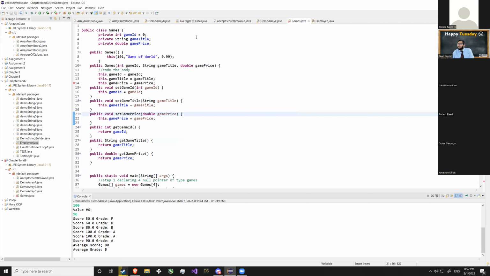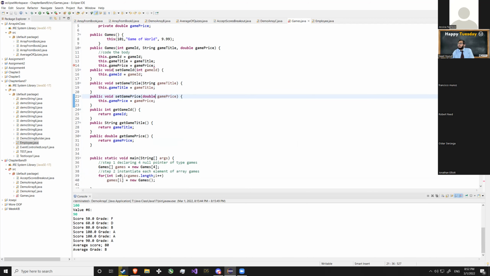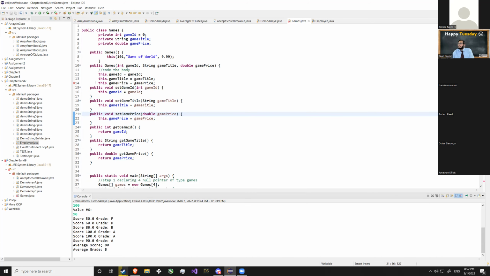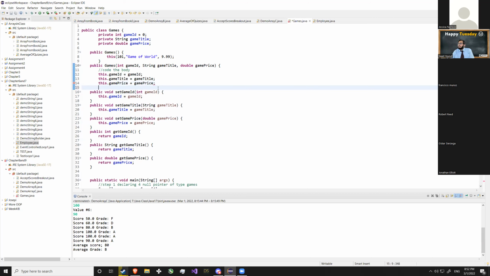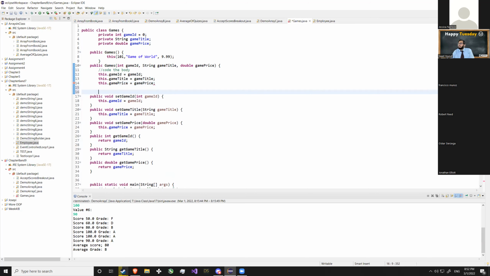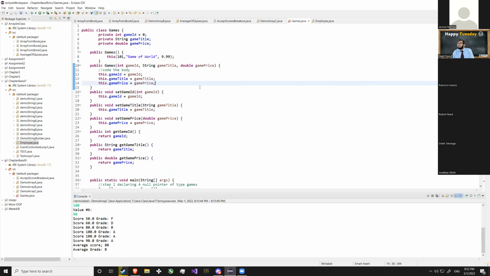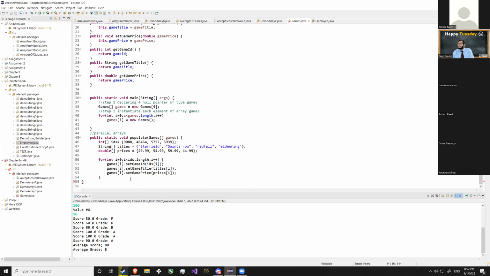Now scroll up to line 14. Go to the end of line 14, press enter, and close the curly brace from line 10. Here you go. Awesome.